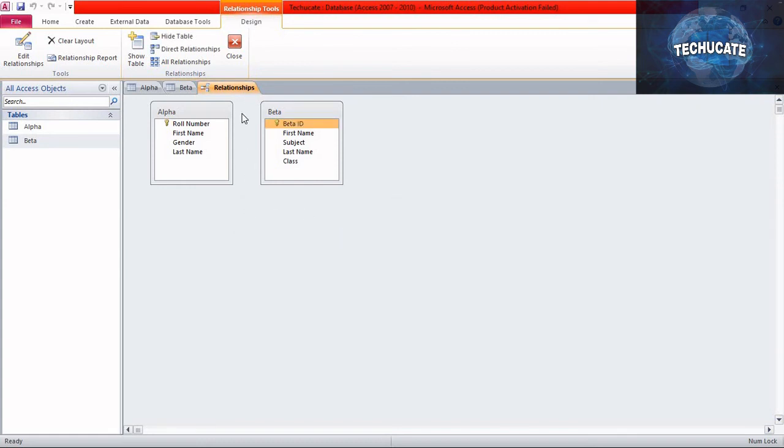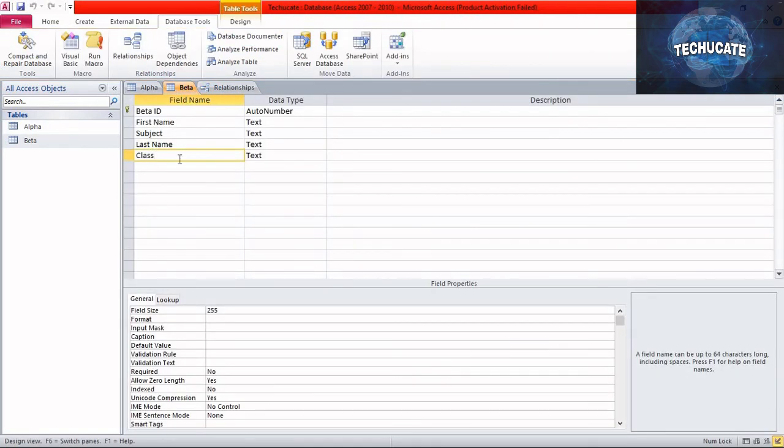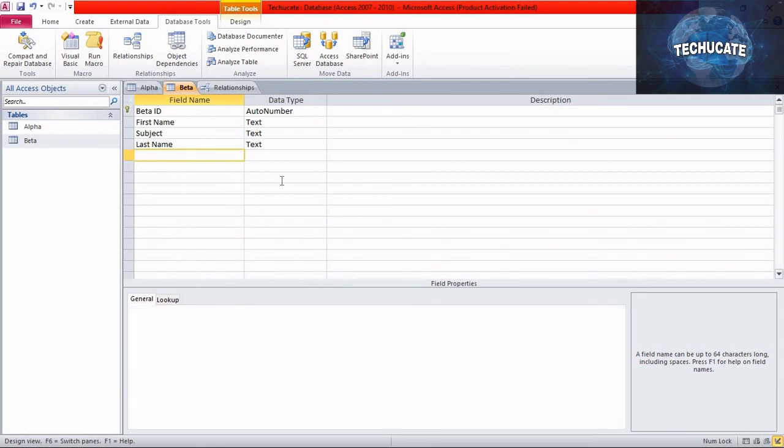Now here the relationship between alpha and beta is deleted. Now go to beta entity. Now try to delete this attribute from the beta table. Now this relationship gets deleted. That's how we delete the relationships between two entities. Now save the entity, save the database.